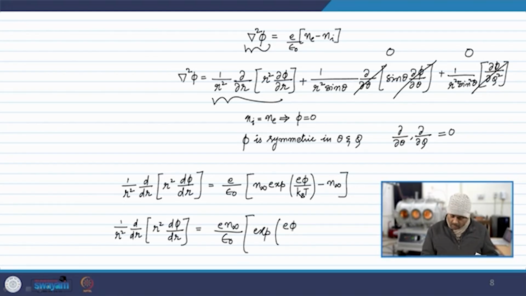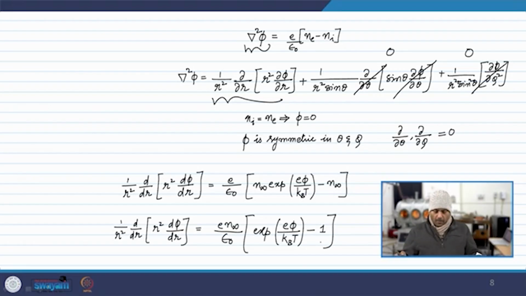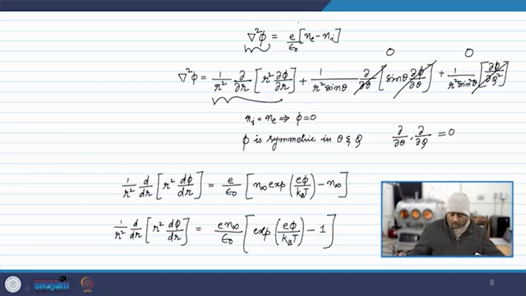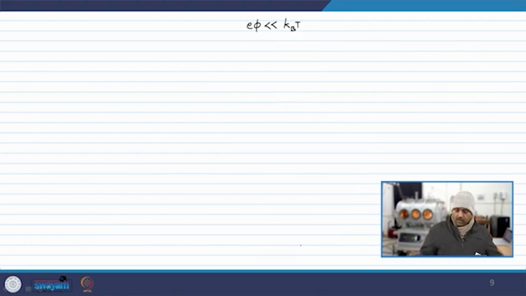exponential (eφ/k_B T). What is k_B? k_B is the Boltzmann constant. Okay, fine. Now, let us say we impose a condition that eφ is much less than k_B T. Why do I need this condition? I want to write the first order approximation of this exponential. Then I have to have the condition that the power that appears in the exponential is small,